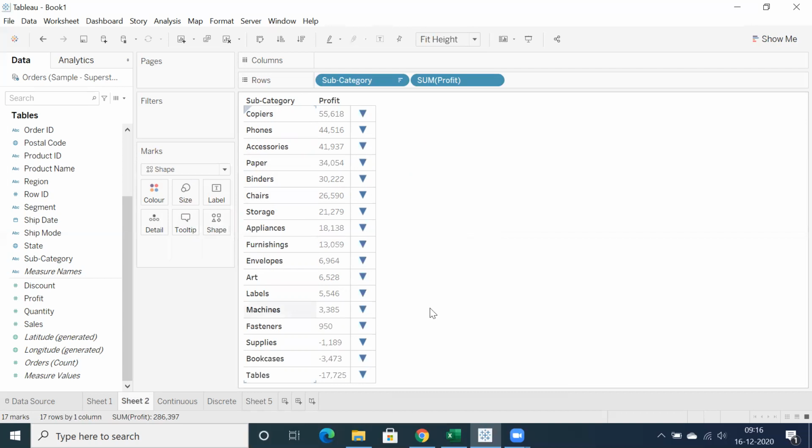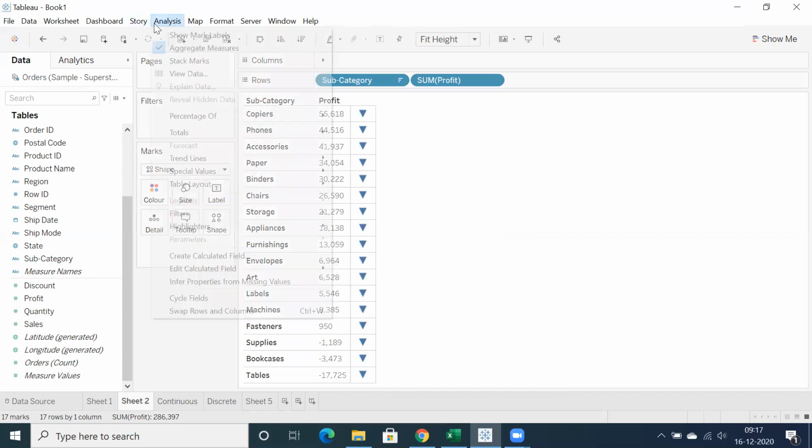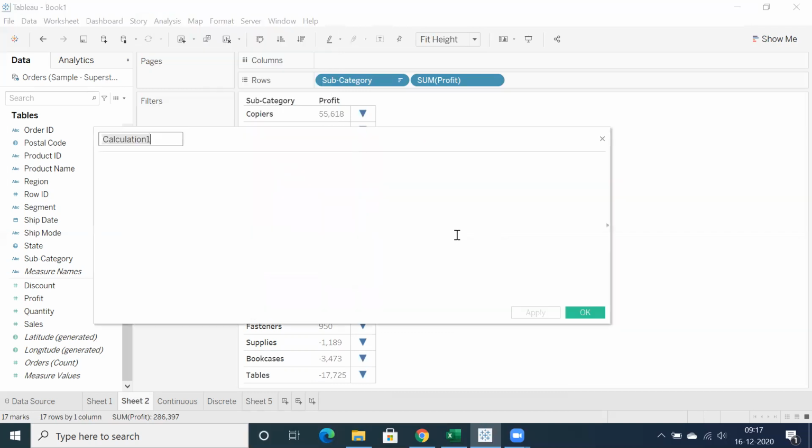But before showcasing the appropriate indicators, just write a calculation field. What is the calculation field? If sum of profit is greater than or equal to 0, then green, any indicator, else red. Any text, anything is fine here.